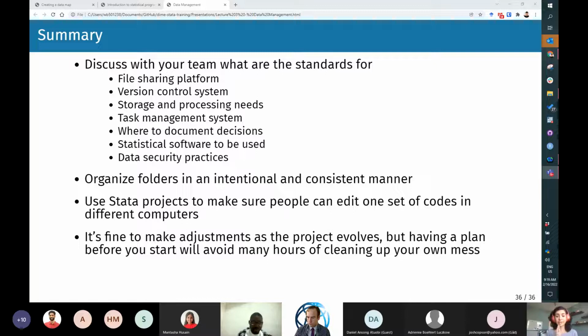Now, there is one thing that's very important about this kind of software. It takes an encryption key that is kind of like a password. If you lose this password or this key, you lose the file. You will never be able to access it again. So you need to have systems in place to know how you can get that key. And for that, what we recommend is using a password manager.